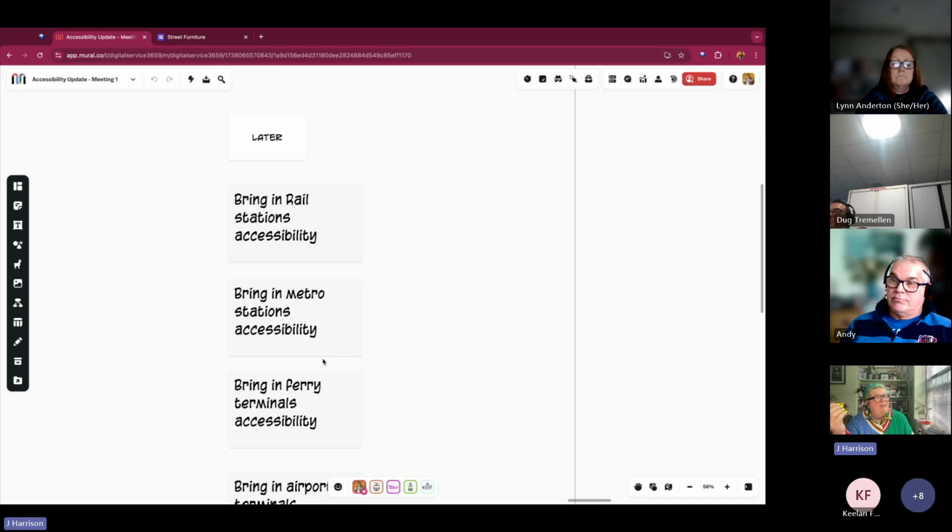We now, Andy's eyebrows go up, we now know how many stations we need to bring in and bring out, and we're just working on tranching that and putting through some of the policies for that. However, we want to not do those by hand. We want to do that programmatically. So there are some changes that we need to make to how we create the rail data. It is still a couple of months away, Andy,